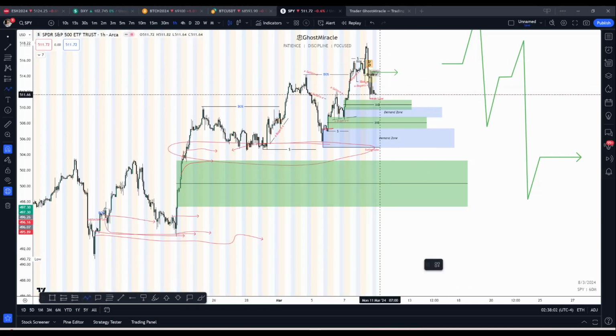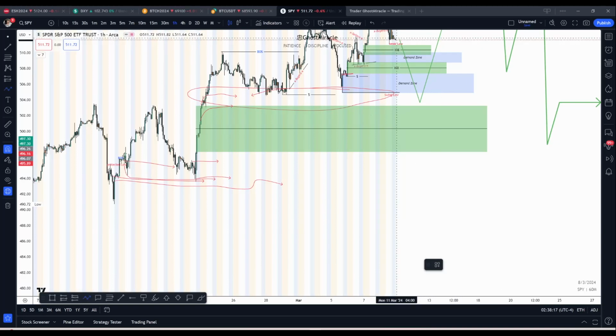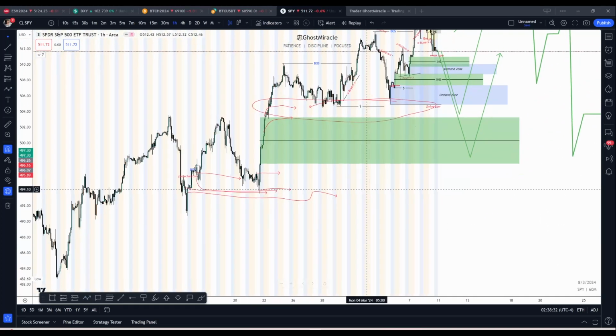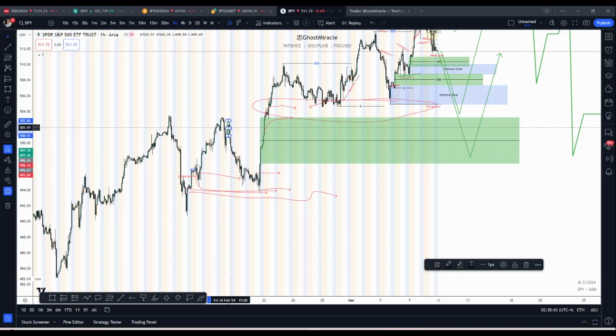So that is what overall could happen: price could come down into here, sweep liquidity, tap into this unmitigated zone, and shoot up, or tap into this, fill this imbalance some, either all or just 50%, and then shoot back up. But because everything else is already mitigated below, all of this is mitigated. The only thing you could really use